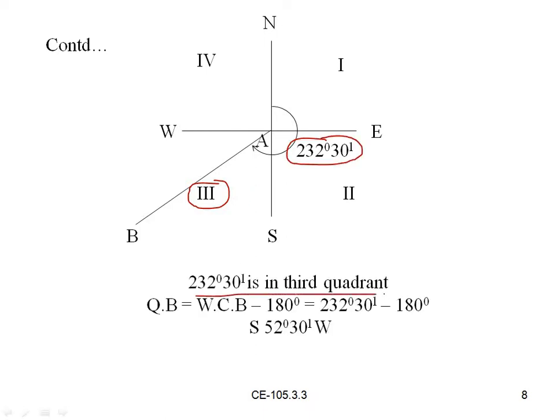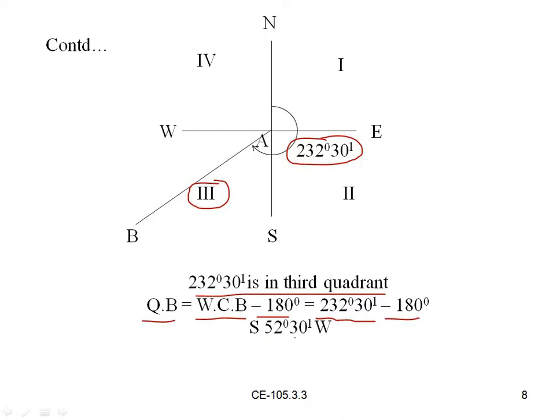It is in the third quadrant. So by seeing the degrees and minutes values, the first thing we have to observe is which quadrant it is in. Now as per the formula, quadrantal bearing is equal to whole circle bearing minus 180 degrees. We have to do this because it is more than 180 degrees. So whole circle bearing minus 180 degrees is equal to 232 degrees 30 minutes